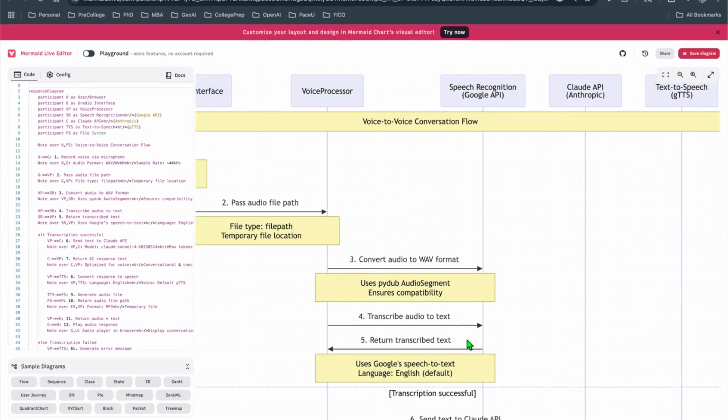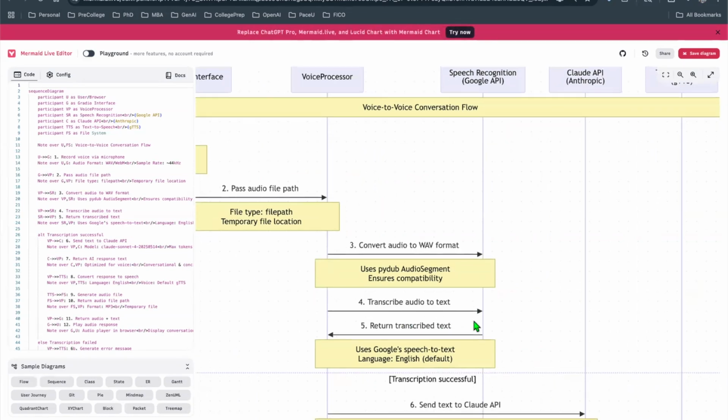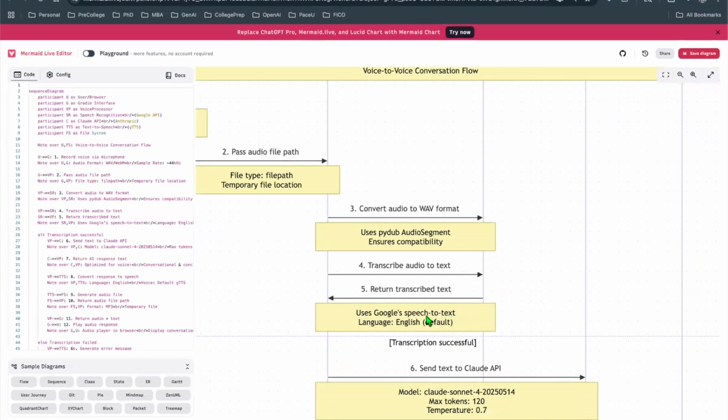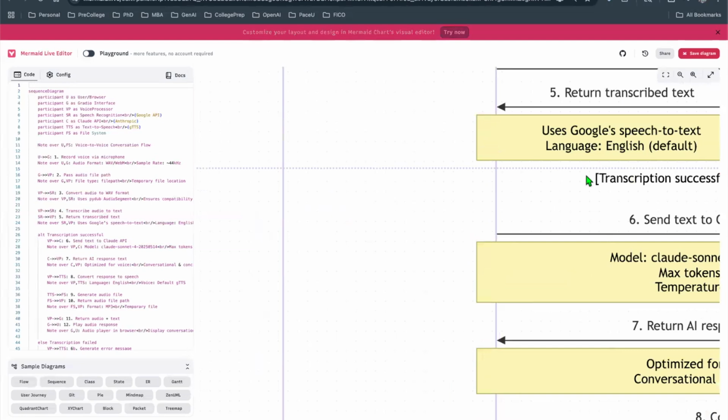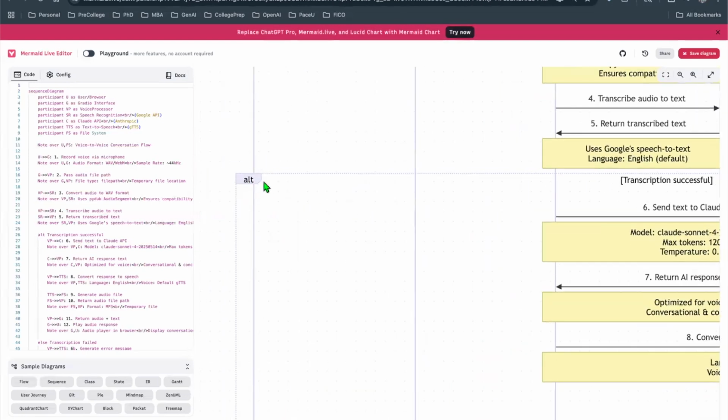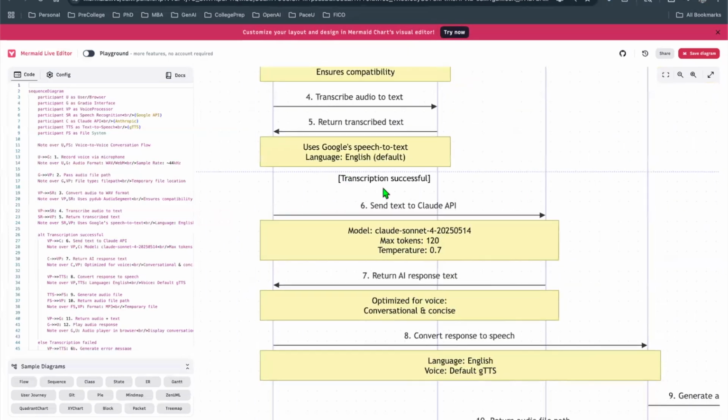So once the speech recognition model returns the text, you can consider that it now becomes a text-to-text model, right? Because the speech portion is already processed. Here, there is a condition, which is in this dashed box. This alt means alternative. In the mermaid language, on a sequence diagram, this means an if statement. So if the transcription is successful, meaning that it's not music or something, and it is indeed someone saying something in natural language,